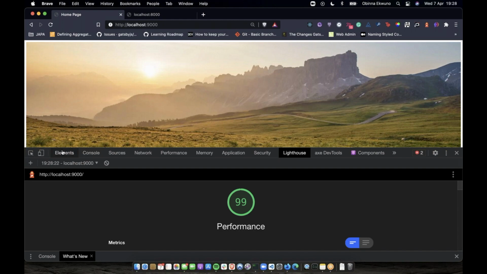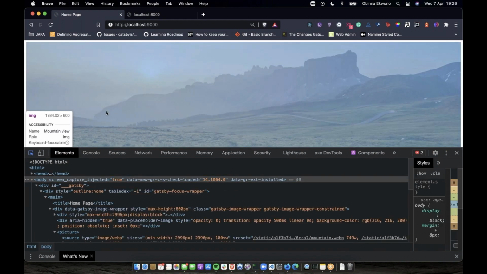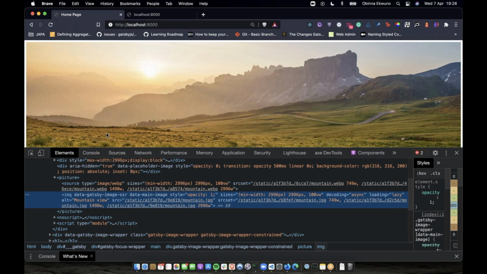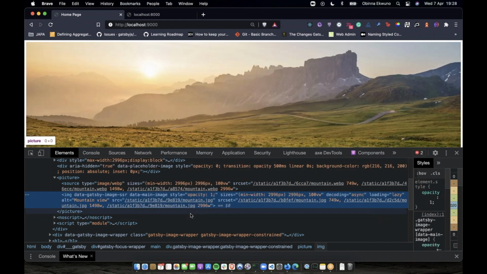And the reason for this, there are a couple of things that make this happen. So when we inspect the image, you can see that the image is served with a lot of source sets. So these are different widths for said image. And what this means is that the image is no longer struggling to reduce itself to fit the viewport, thereby wasting time and costing you the loading time of performance.